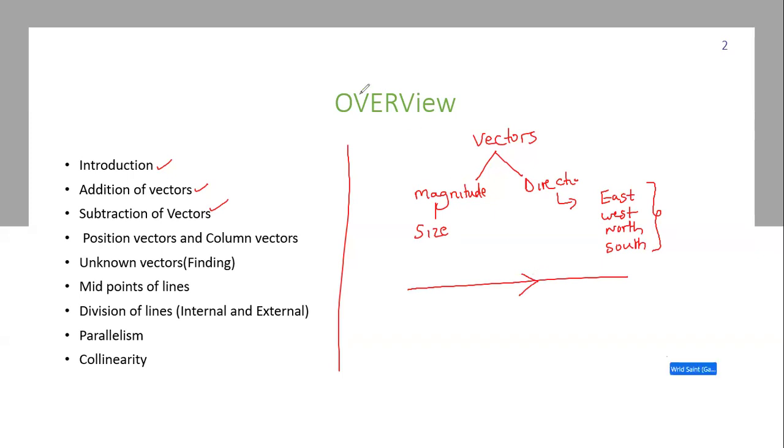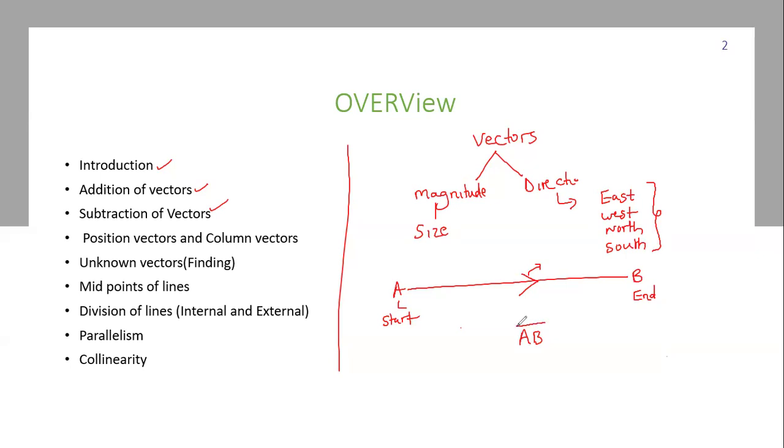Meaning that whenever you are dealing with vectors, it is always important you put the arrow to show which direction you are taking. Sometimes, let me say this is A and this is B. Always, the first letter shows you the starting point, and the last letter shows you the end point. So in vectors, the direction is very important. So when I have my vector A to B, it means that I'm starting from A and I'm going to B. Now AB is the magnitude.